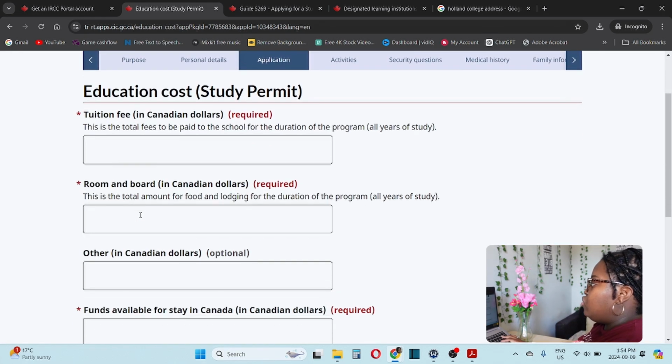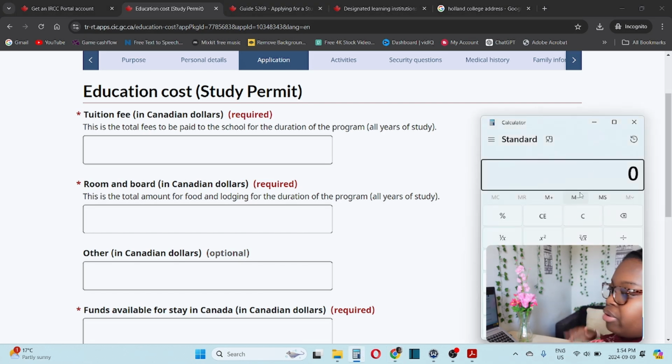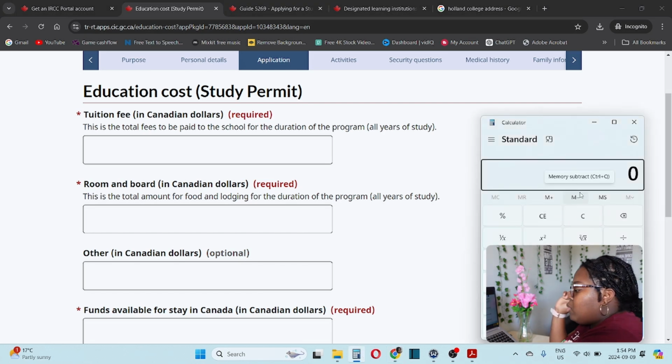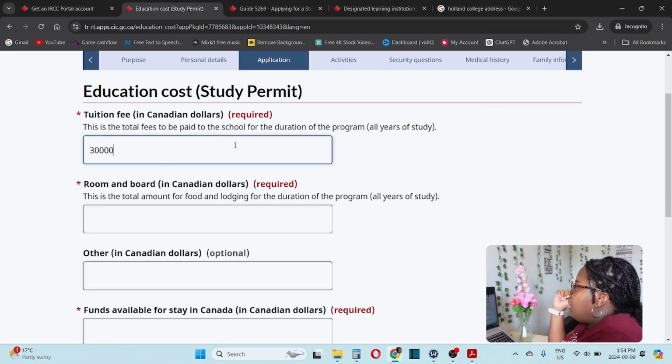Tuition fee. So this is the total fee to be paid to the school for the duration of the program. Let's say for the entire program, I'm doing 2 years. So I'm going to say 15,000 times 2, $30,000 for the duration. Moving on,